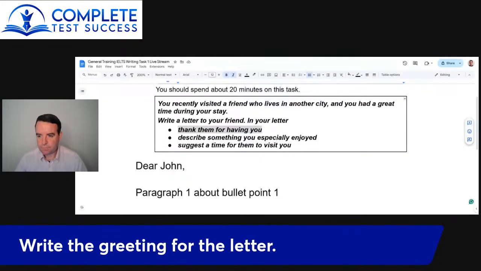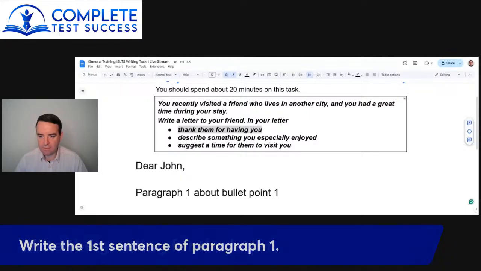Okay, before we look at the first paragraph, I just want to see the first sentence. What will you write in the first sentence of paragraph 1? Because I want you to respond directly to that prompt. Don't talk about the holiday first. Don't say, oh, it was a wonderful holiday, I had a great time. The question is asking you to thank him for having you, or thank them for having you. So you want to respond directly to that in the first sentence of your paragraph,